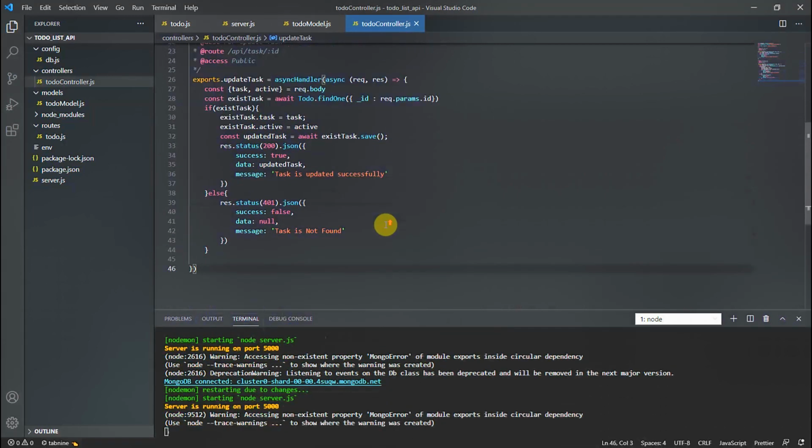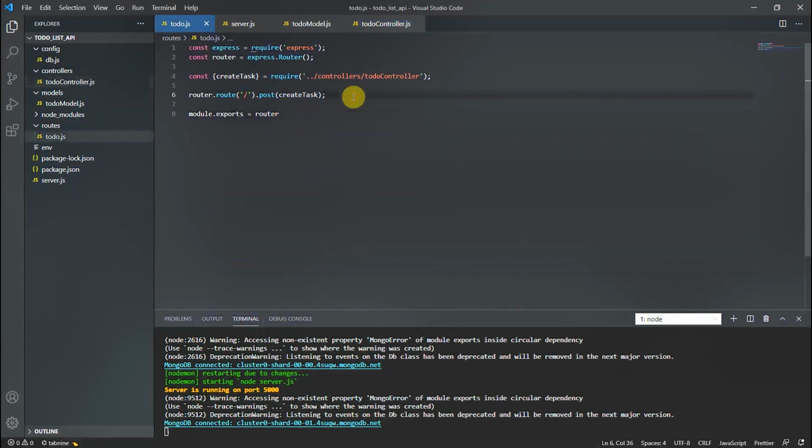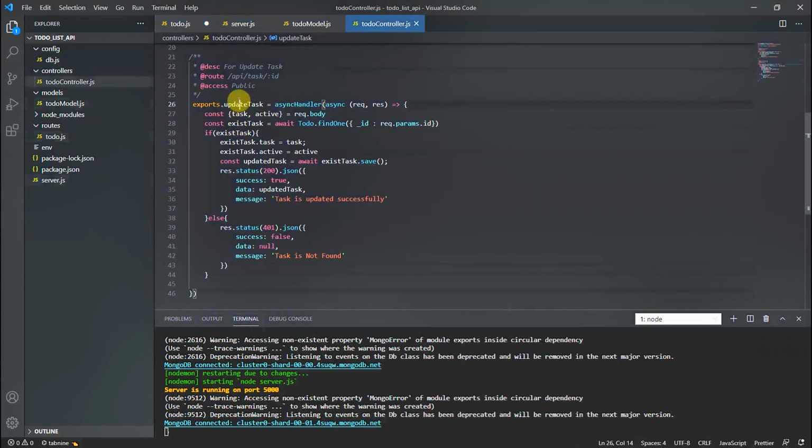Okay, so go to the router, copy it, paste it. In this router, ID is present, and that should be a put request. You need to bring this method also, updateTask.